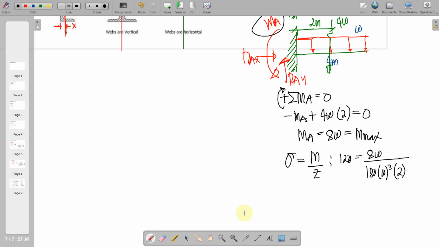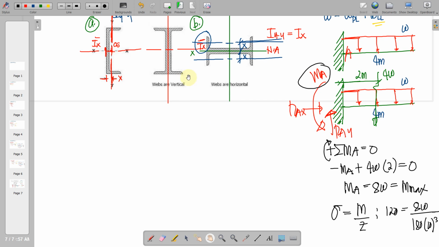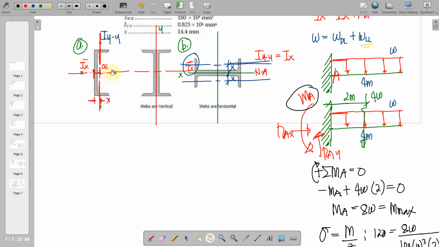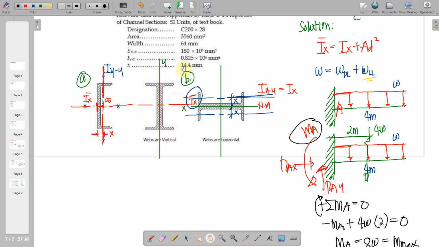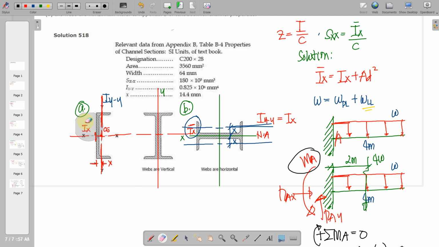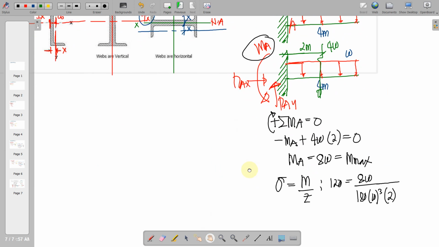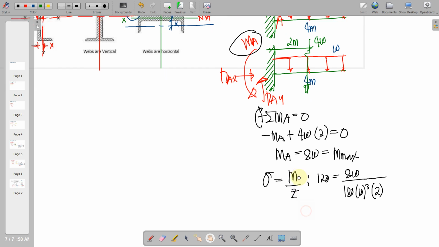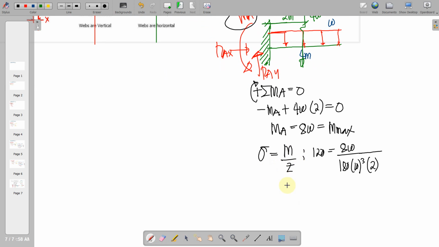And there are two sections of this channel. Okay, so if you notice that there are two of them. So this data is for this channel. So this is letter A. The letter A is a combination of a back-to-back channel, wherein the channel is having a data of these properties. That is why we are multiplying it by 2. So in here we can get the value of